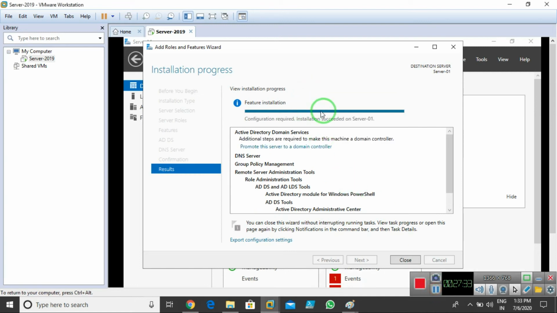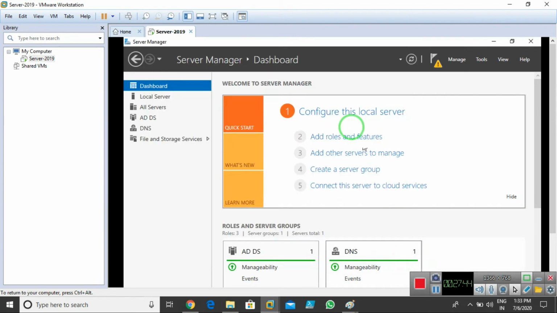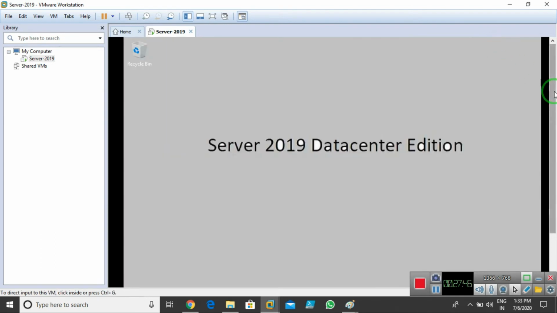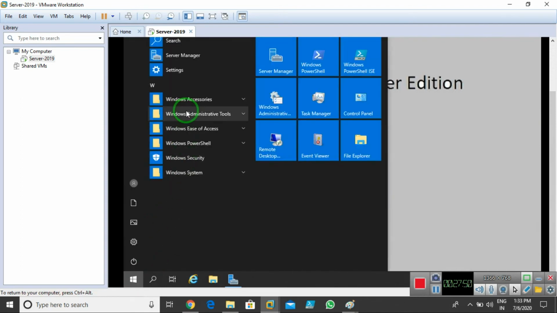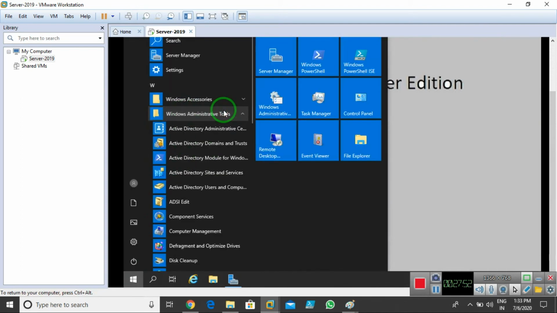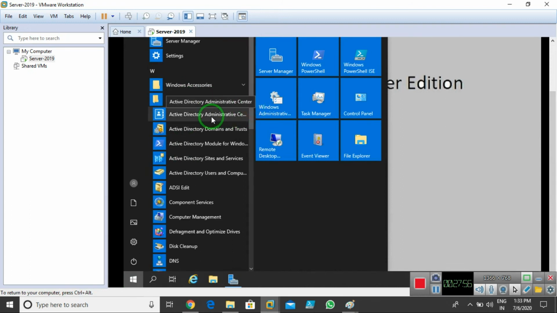As you can see, the services are successfully installed. Now they ask me to promote this server to a domain controller. Before I use this option, I'll show you one thing also. If I minimize this and go to start, go to administrative tools, you can see that we have 6 components automatically installed: Active Directory Administrative Center, Domains and Trusts, Module for PowerShell, Sites and Services, Users and Computers, and ADSI Edit.